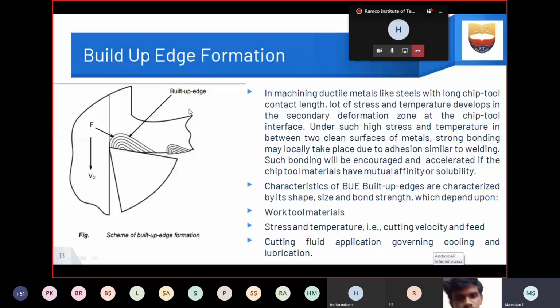So next, build-up edge formation. What is meant by build-up edge formation? This is a tool material. This is a workpiece. What happens in machining ductile material? For example, if you are machining ductile material, you have to maintain maximum speed. Cutting speed should be very, very high. No problem. If you reduce the cutting speed, what happens? The build-up edge will get formed. So that is the problem. Build-up edge gets formed at the tool chip interface. How is it forming? Due to the force. When you apply a force onto the work material, there will be a formation of